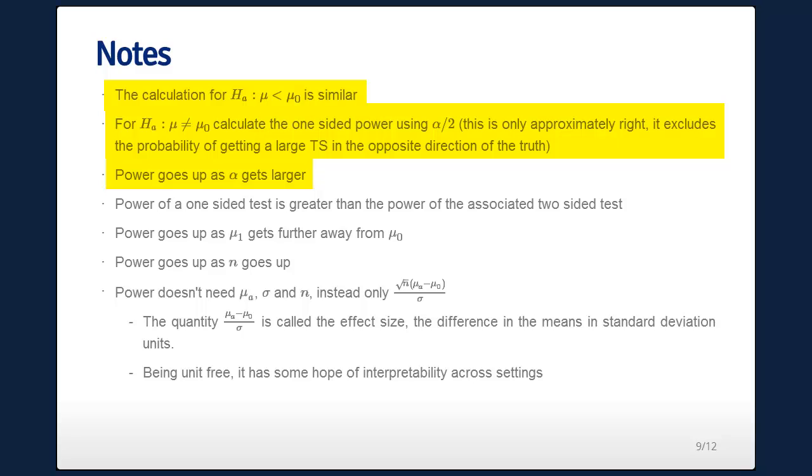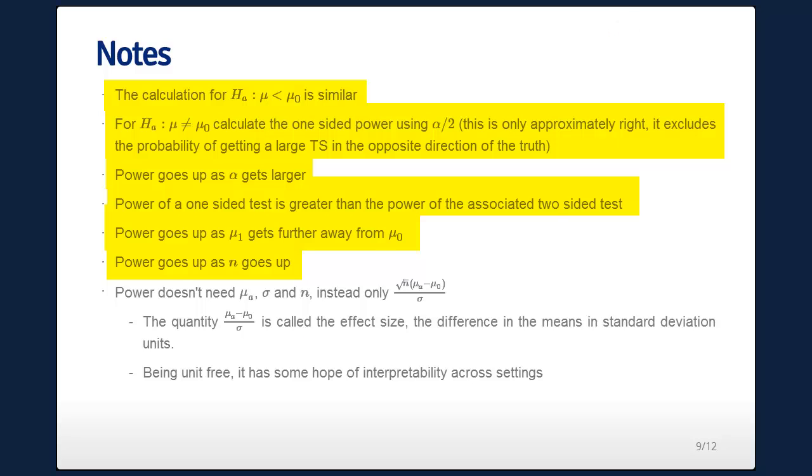So as you require less evidence to reject, you're going to be more likely to reject. The power of a one-sided test is going to be greater than the power of the associated two-sided test, right? Because it's harder to reject for a two-sided test. Power goes up as mu A gets further away from mu naught. Power goes up as n goes up, and power goes down as sigma goes up, which I didn't write, but